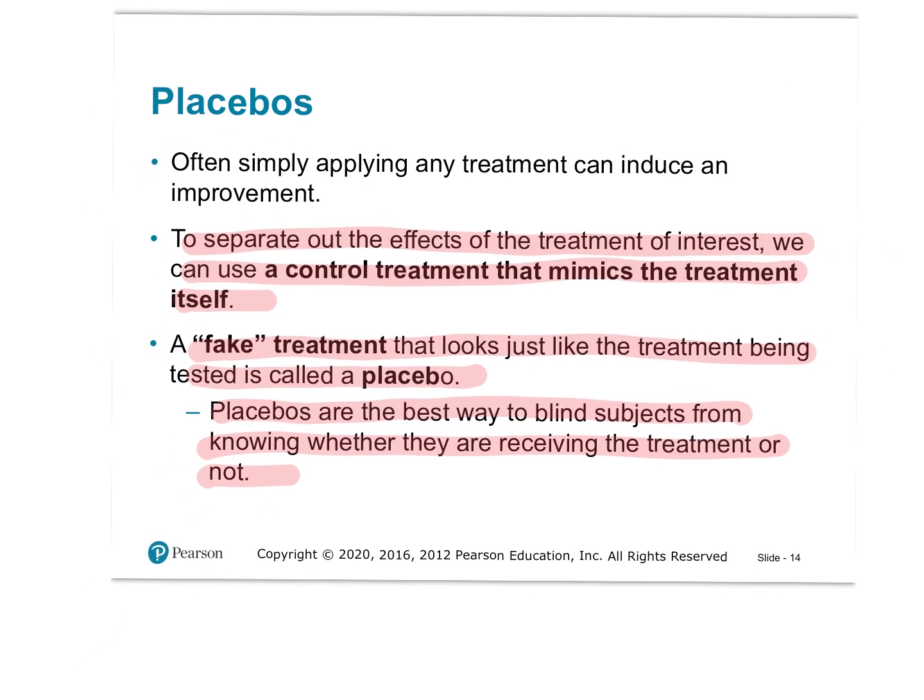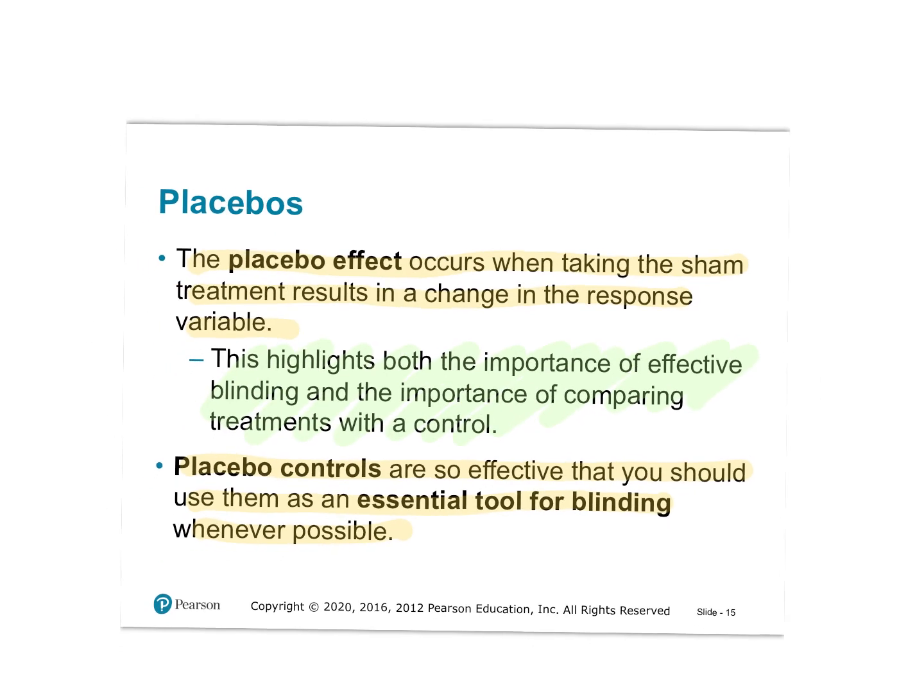A controlled treatment, so this is the idea of a placebo, a controlled treatment that mimics the treatment itself. So it's a fake treatment. That's the best way to help with the blinding of each part. If I'm just given all of these vials and I know I have to give them out, you get this, you get this, you get this, then there's no way for me as the administrator to know. There's somebody else back behind the scenes who's keeping track of which treatment is going to each person. Okay?